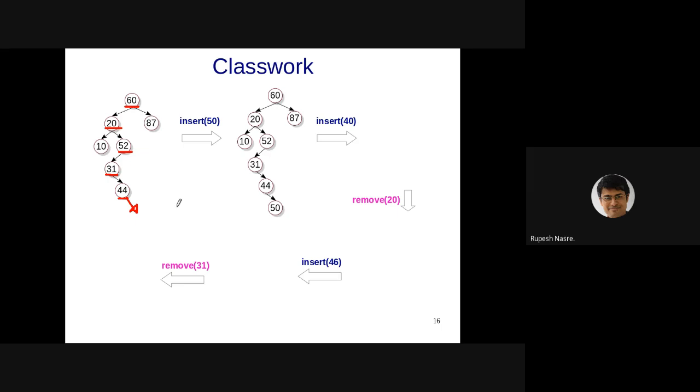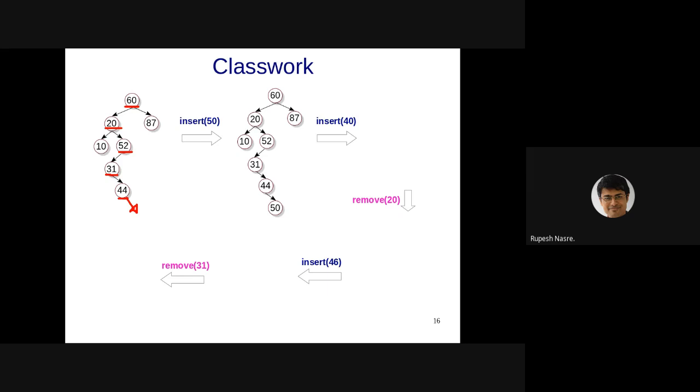Its parent is going to be... Shania has given 60, 20, 87, 10, 52, 44, 50, and 46.